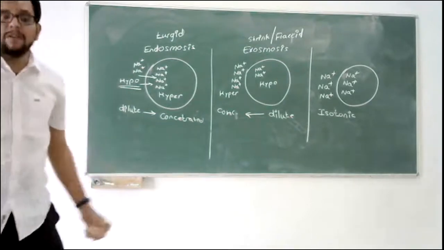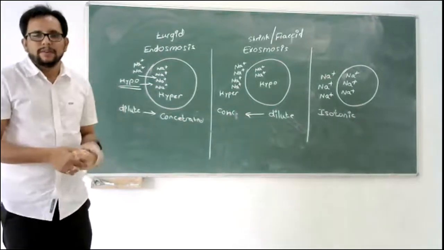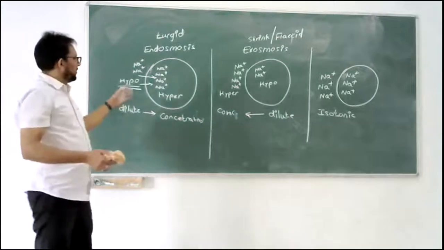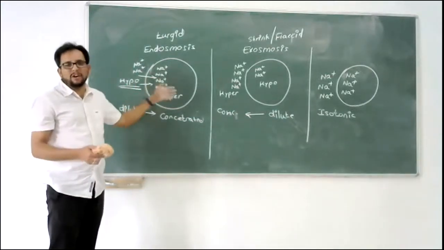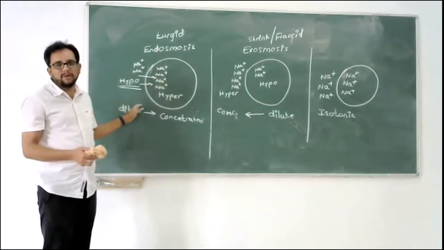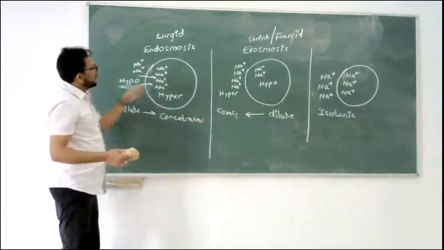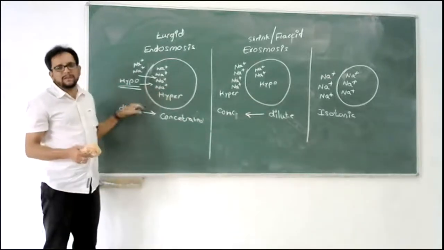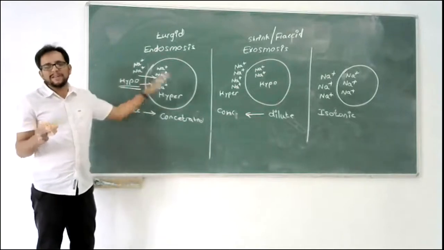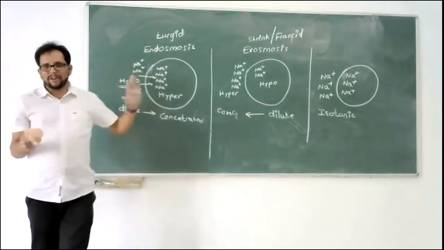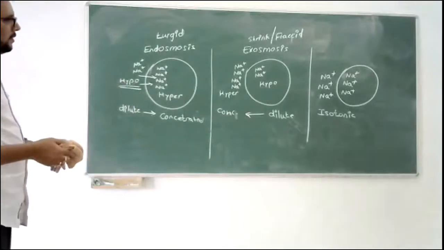Net movement is always considering all the directions. Oh, okay. Right? So in this case, you cannot say net movement is inside because all the movement is not inside. Some will cancel out. Exactly. So let's say 10 molecules are going inside and 2 molecules are coming outside. So the net movement is 8 molecules moving in. You got it, right? Not exactly.